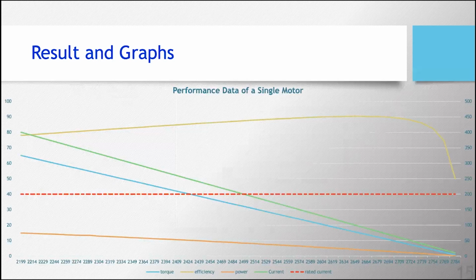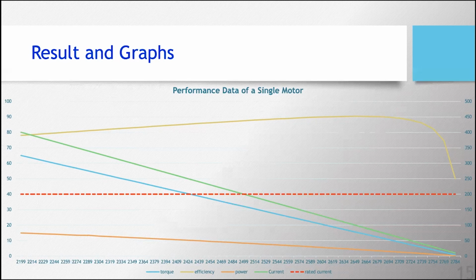This can either be done experimentally when we get the motor and test it in our lab, or this data is given by the manufacturer of the motor itself, because we need this data in order to plot the graphs for gear ratios and all. This graph is achieved by the actual experimentation which we did in our lab using dynamometers and all.